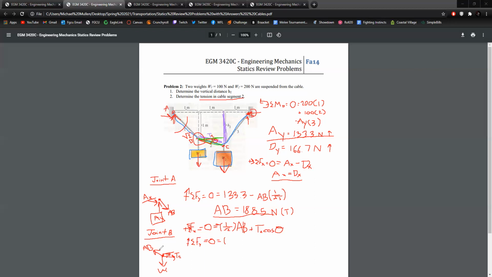And this is also going to be the same ratio here, 1 over square root 2 AB. This is going to be positive because knowing this is tension, it moves up and to the left. Then we have minus W1, so minus 100. It goes straight down, so we don't need any kind of ratio. And then we'll have minus T2